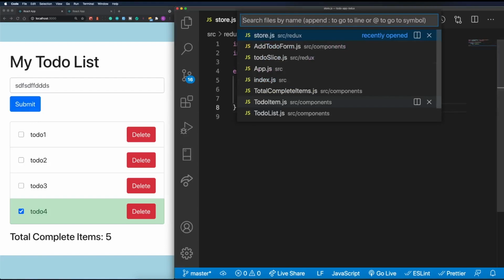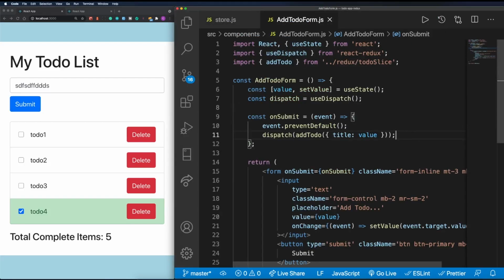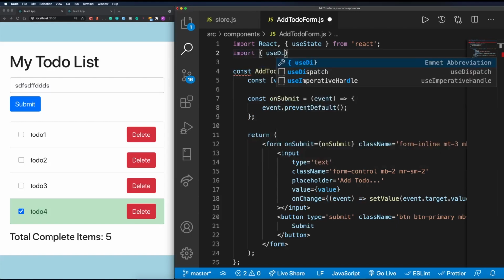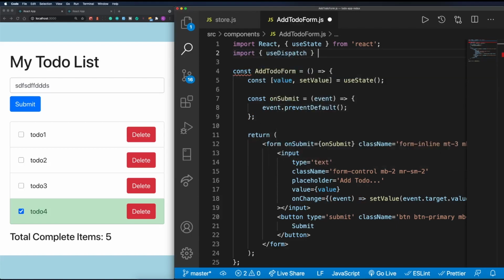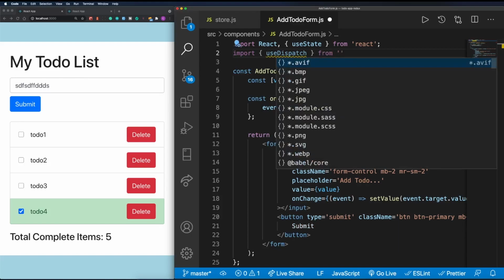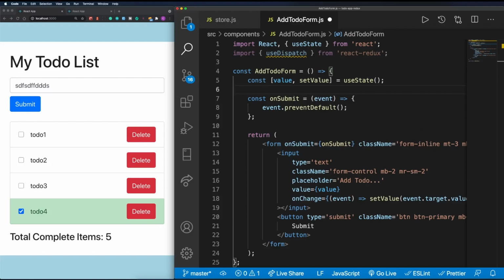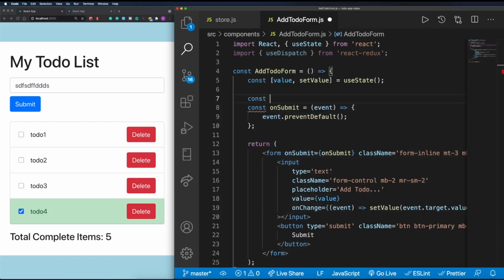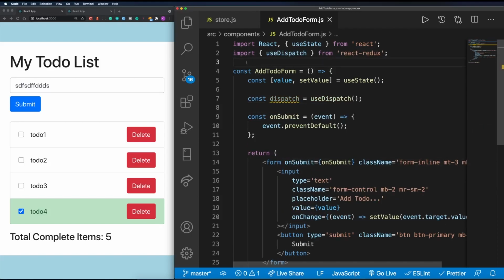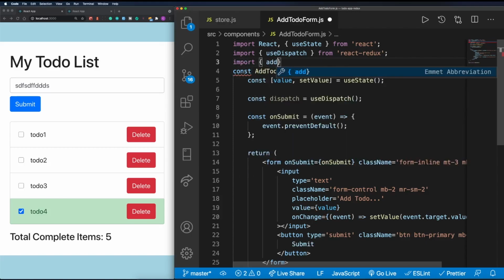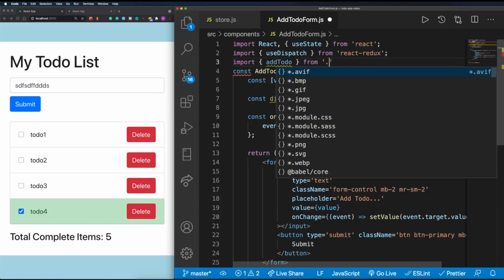So in add to do form.js, the first thing we'll do is import the use dispatch hook. This lets us dispatch actions. And we import this from React Redux. And down in our add to do form function, what we want to do is say const dispatch. It's going to be equal to use dispatch. Since we want to dispatch the add to do action, we have to import that as well. So we'll do import, open our braces, type add to do from